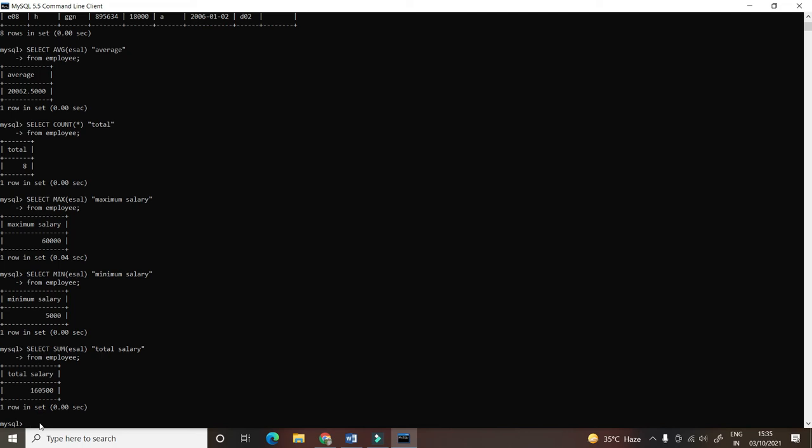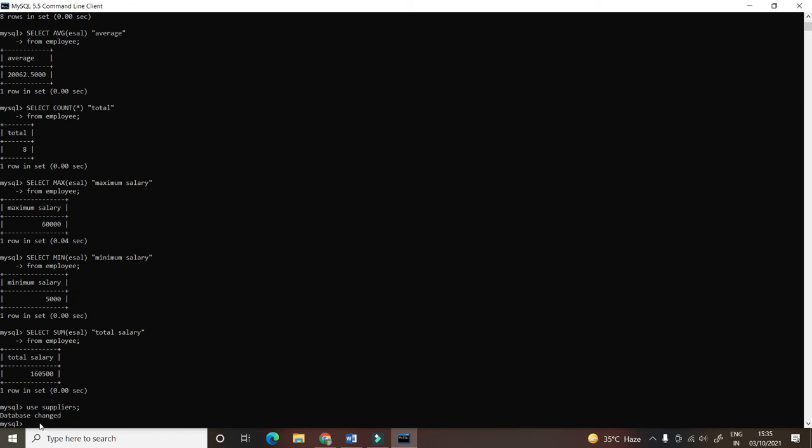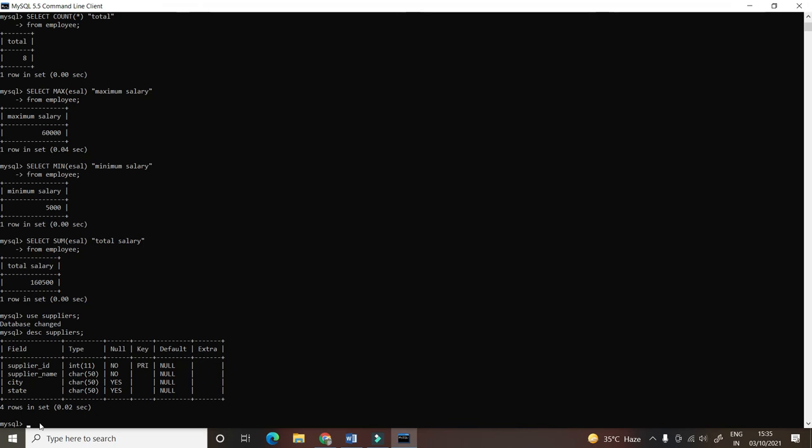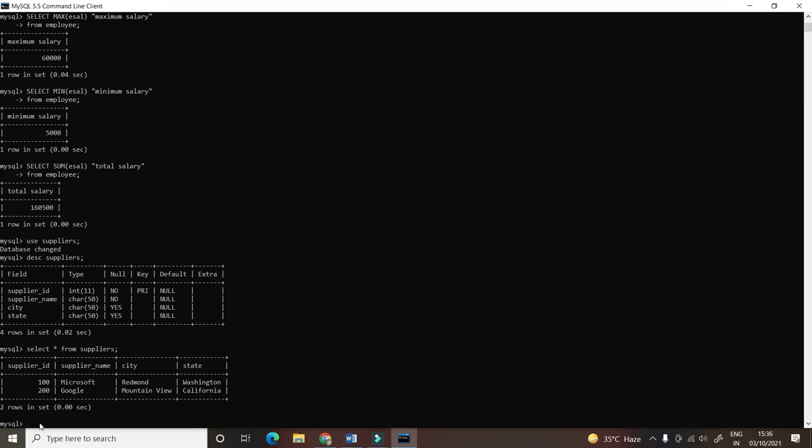Today we will be doing the select command. I will be taking suppliers. Okay, use suppliers. I am taking the supplier table. As I have made the table, see, my table has been created. Now I will be writing the select command, so I can see the insertion part of suppliers. See, the insertion part. Now I will be writing the main command.